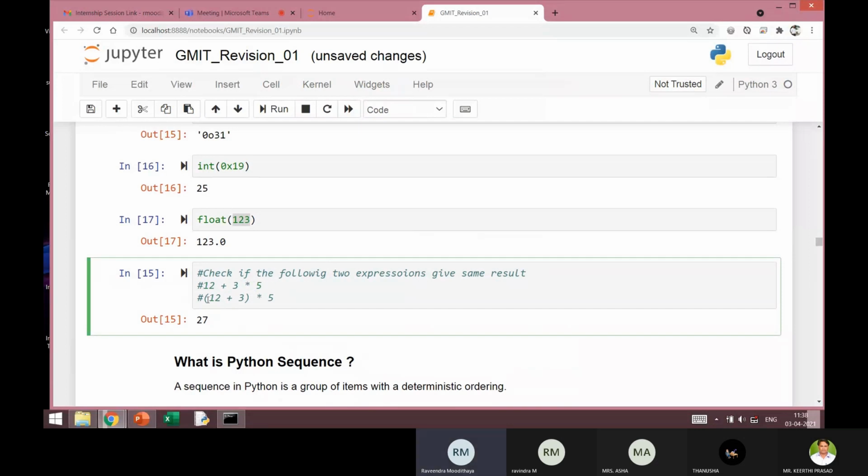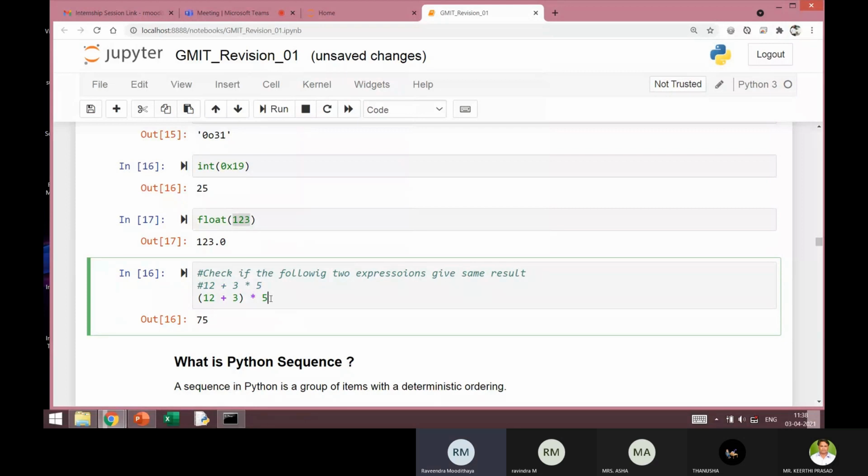Now suppose I execute the next one. I'll make this one a comment by writing a hash, and I'll open this. Because of this bracket, 12 plus 3 is executed first, which is 15, and then that is multiplied by 5. So I'll get an answer of 75. You can see the importance of the bracket. It depends on what you want to do, whether you want this addition to take place first and then multiply the result by 5.